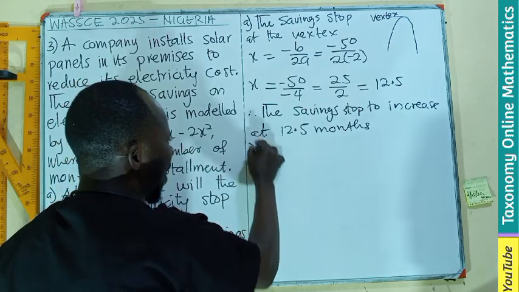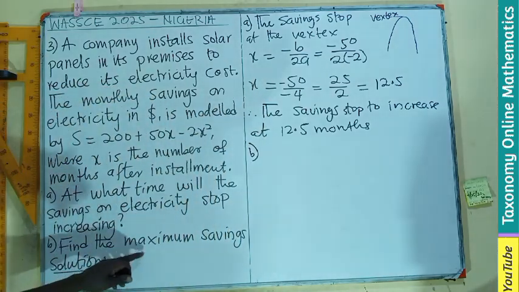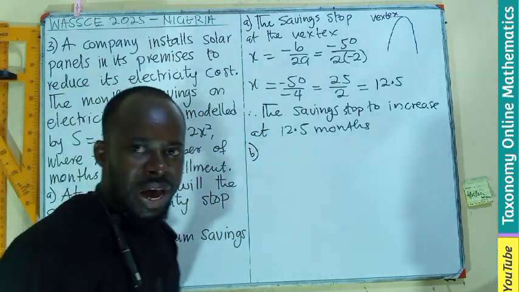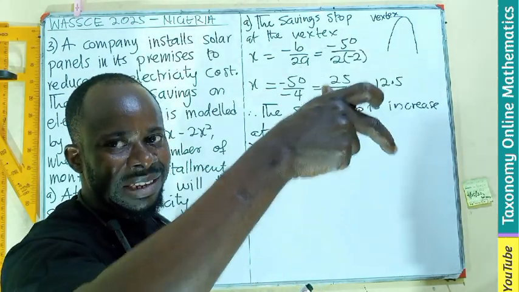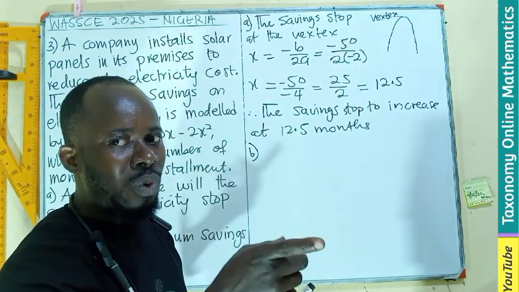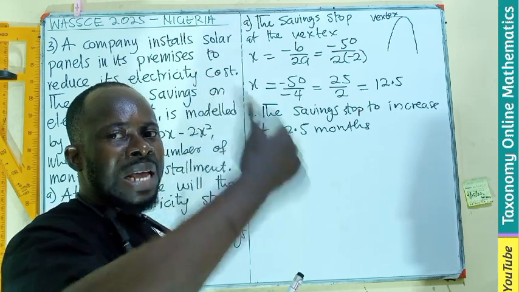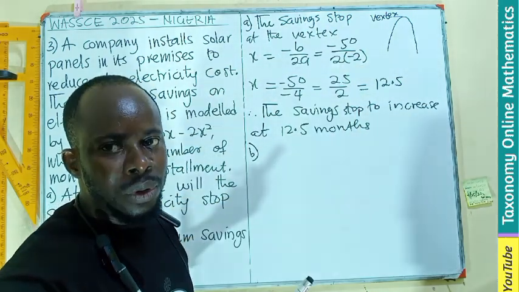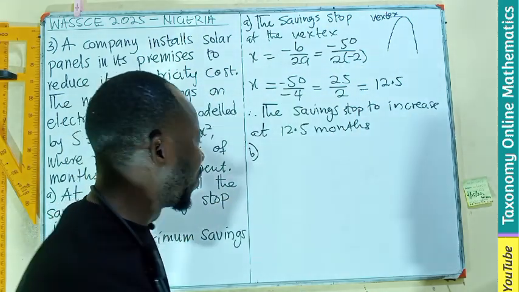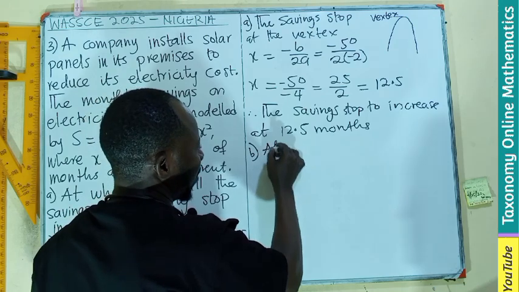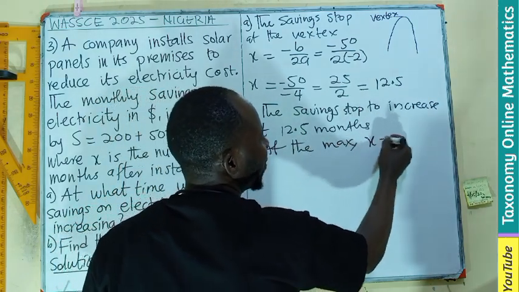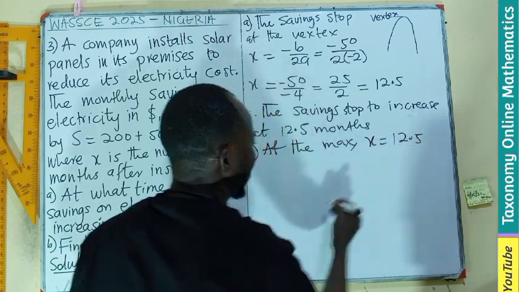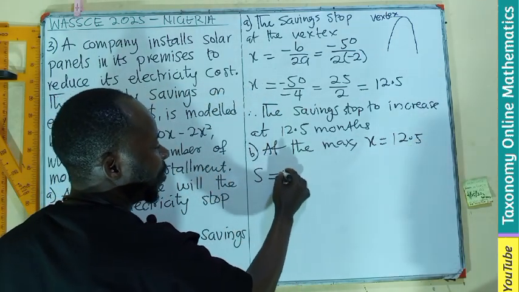Now, we are asked to find the maximum saving. Where it is stopping, that is going to be the maximum saving. That's the value of x, or the month where we can have the highest savings. Then after that month, it is going to fall. You get it? So at the maximum, we are going to have x equals 12.5. Therefore, S will now be